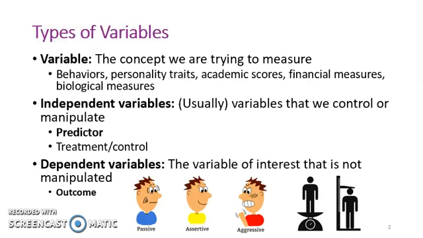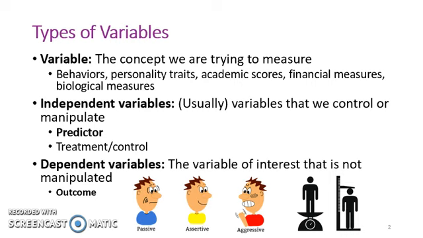We will begin by discussing the different types of variables one can have in a research study. What is a variable exactly? Well, a variable is the concept we are trying to measure. That is, variables are the measures of interest in our research study. In the social sciences, it is often a behavior. But variables could be a lot of things. Personality traits like extroversion, for example, academic performance scores, economic measures like poverty and inflation, or biological measures like height